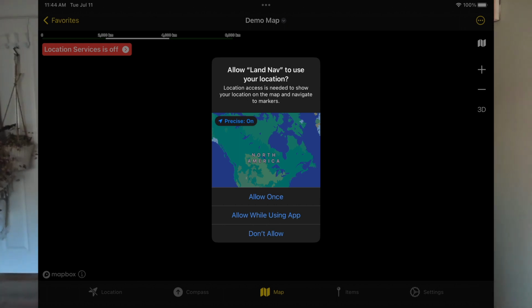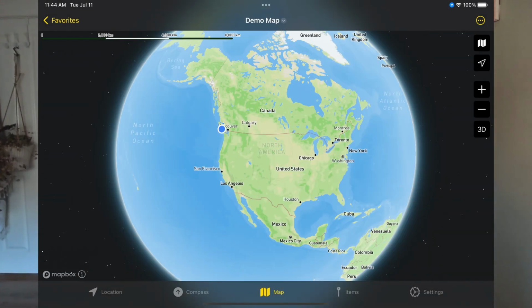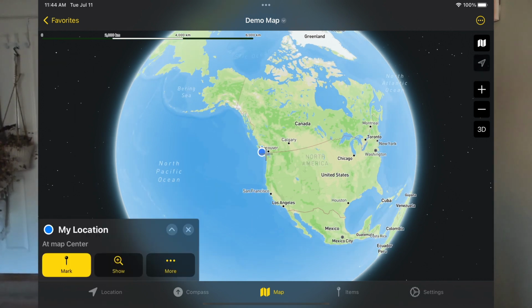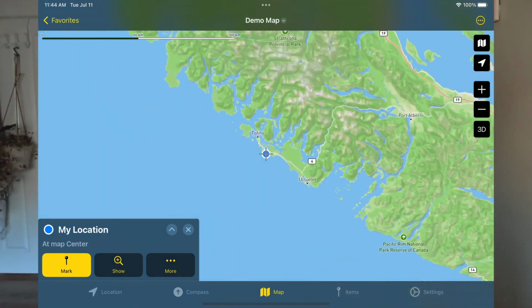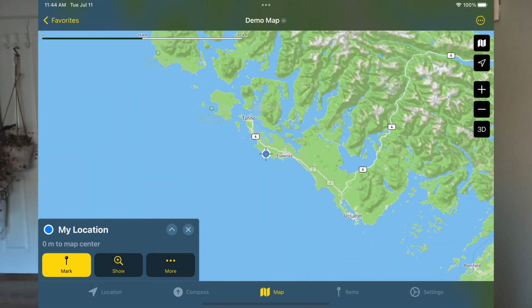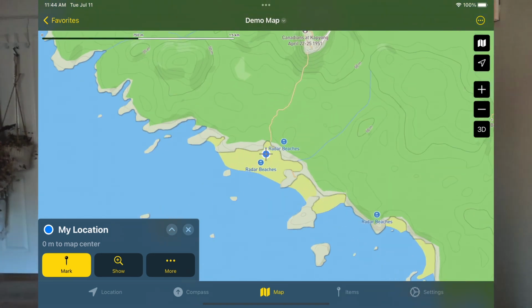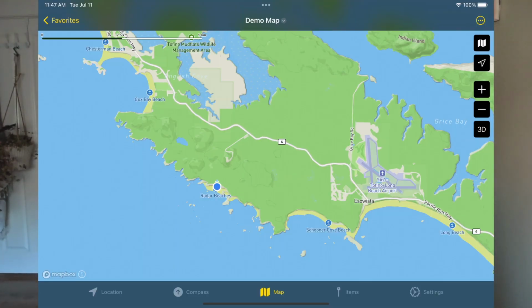So once you do that, Land Nav will open up to the basic map. There's a blue dot where you're located. If you tap on the location button on the top right, it'll zoom in on your location. You can use the zoom in markers to bring yourself closer. So we're on this beach called Radar Beaches. We know the plane crash is around here based on the article that we're reading, but we don't know where it is. To position the map center at a specific coordinate, we can go up here in the action